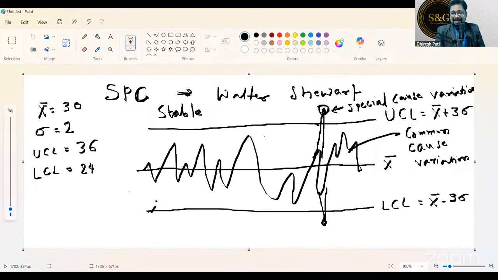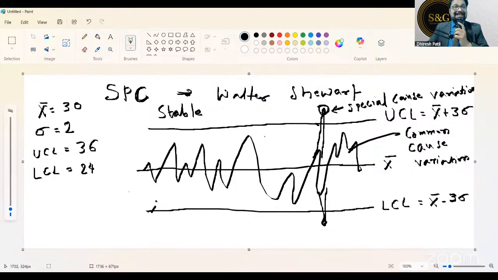So Suresh ji's example is, speaking on the phone with your wife is common cause variation, the heartbeats. Speaking with the girlfriend, if you are specially married, it's a special cause variation. That's a very funny analogy. Okay. Are you understanding this common cause and special cause variation? Just give me yes in the chat box. Clear? Everybody with me till now? Everybody's clear? So common cause, special cause, did you understand?